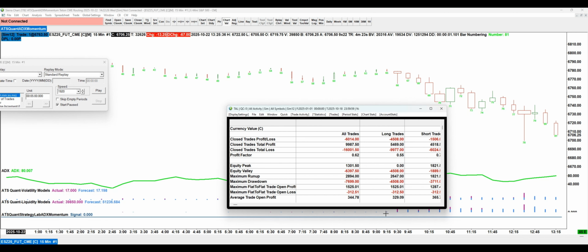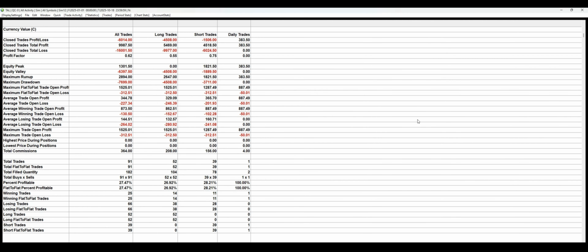There's not enough time in this video remaining to test my hypothesis with respect to gold, but we'll likely create a follow-up video where we run this exact same system on gold, and we can compare the results on gold to the results here, and test my hypothesis. But I believe that, without even changing any of the settings, simply changing the instrument could very well yield a better result,